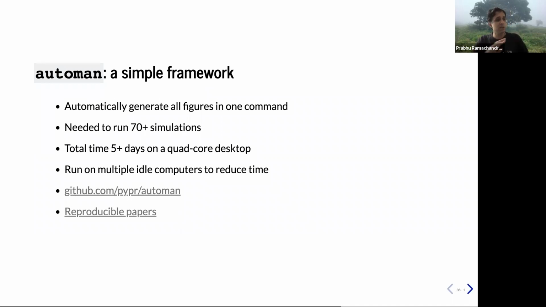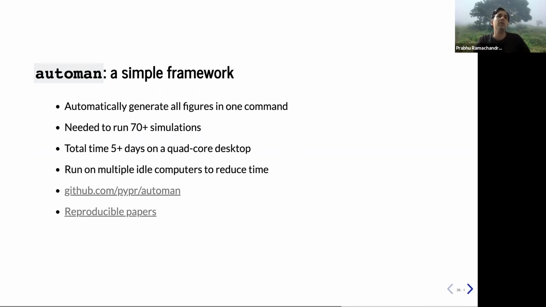And if I were to just run those simulations for a long time, it will take me 5 days to run them. So I realized that I had no mental bandwidth to actually keep track of these 70 simulations. So I actually wrote the framework for that. And what it does is it allows you to run even on idle computers. So if you're on your network, if you have a few idle computers on which you have a login, it can actually run some of your computations on that machine as well.